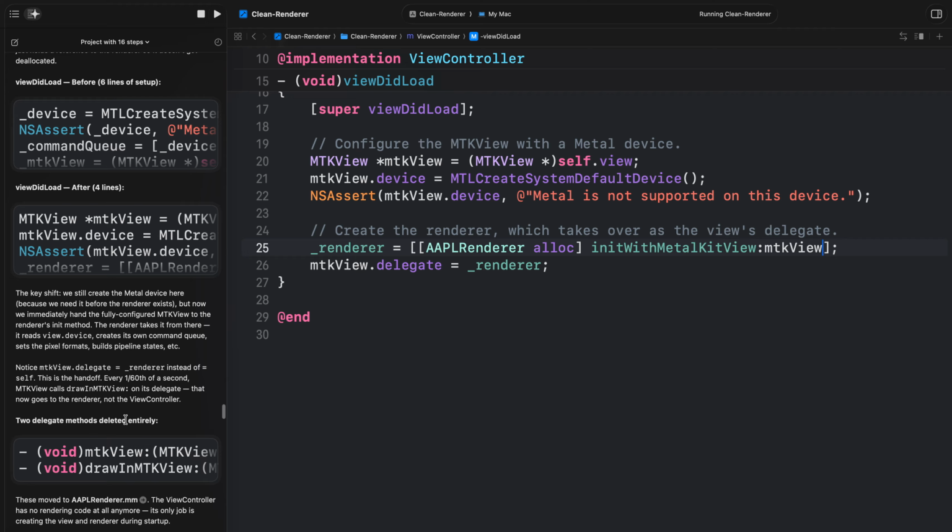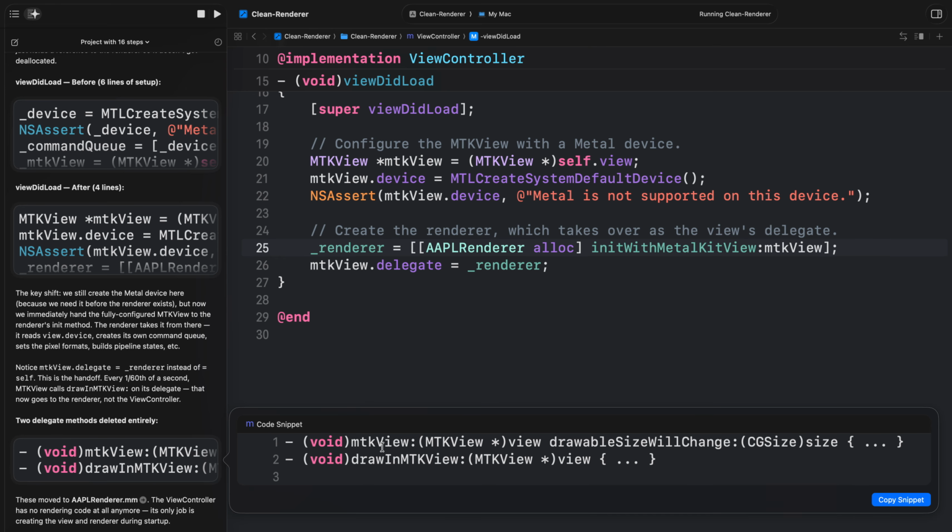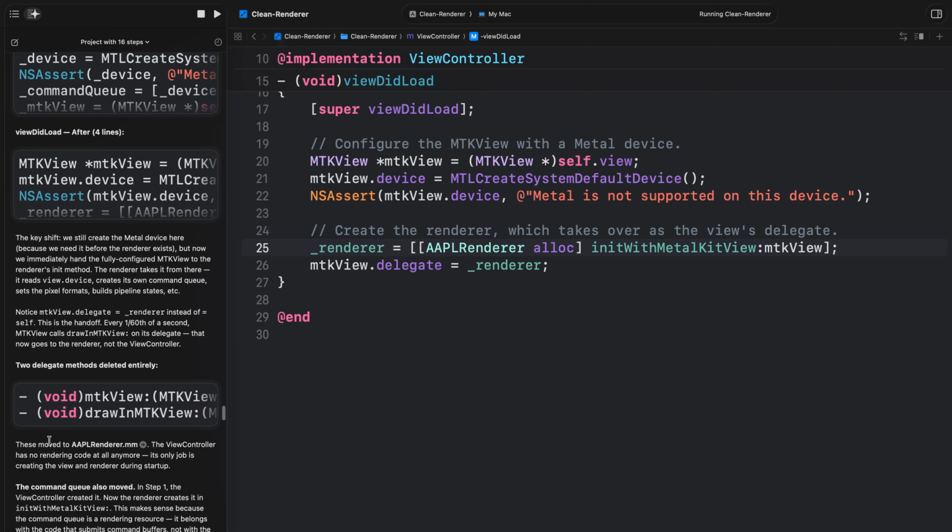Two delegate methods deleted entirely. So void MTK view, blah, blah, blah, drawable size will change, right? So we saw that in our previous videos where we just had the blue background alone. And then we have the draw in MTK view function itself here, right? Two delegate methods entirely deleted. Okay, so these move to APL